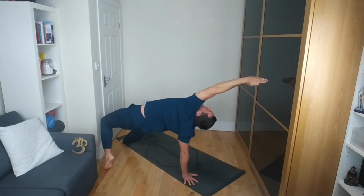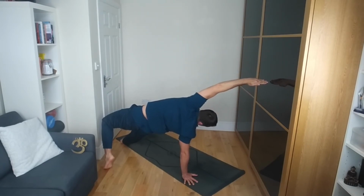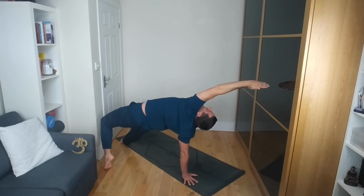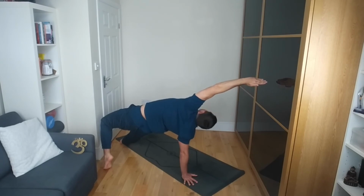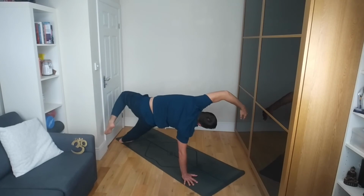left hand up and over, palms facing down. Just check that the right shoulder is over the right wrist. Elevate the hips nice and high, toes of the left foot, outer blade of the right foot, right leg is nice and straight. Now to come back, we take it nice and slow, we hover, we bring that left knee